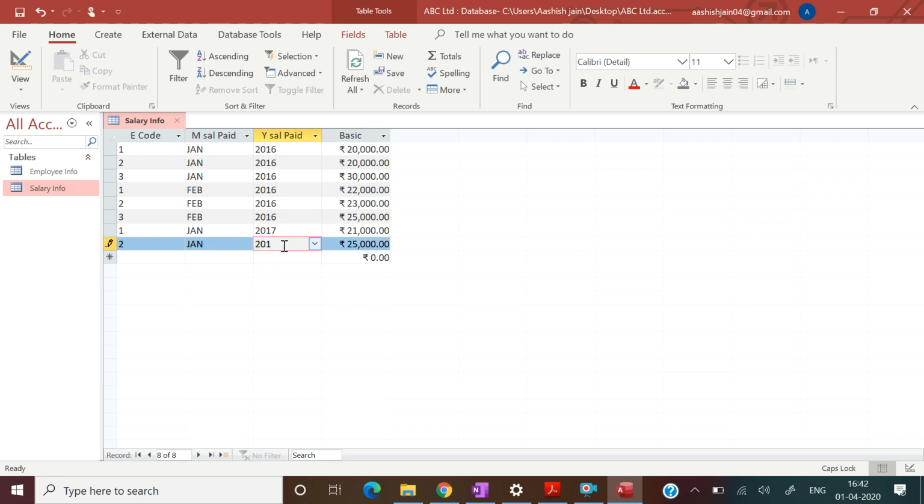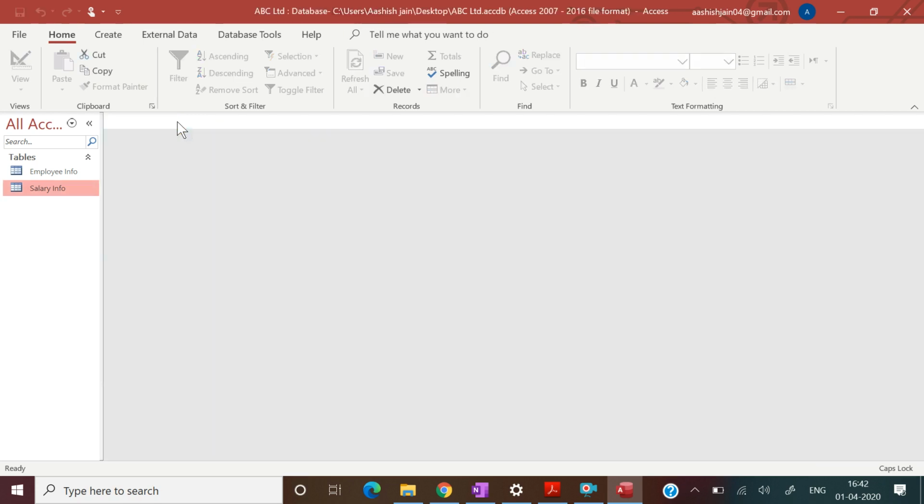Oh, I need to change this here. Okay, so this much information I'm putting in the salary information. Control plus S for saving, and then I need to close this table as well.